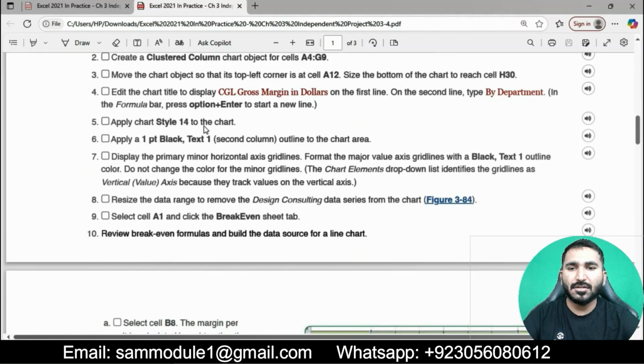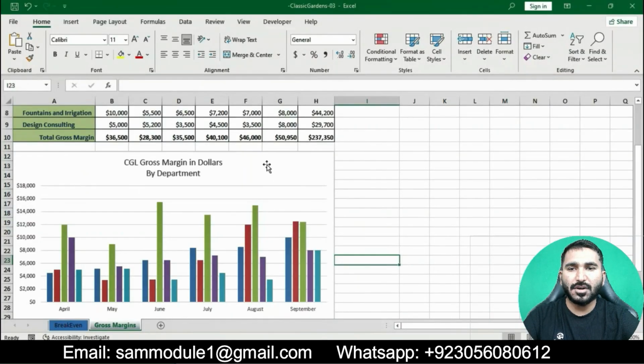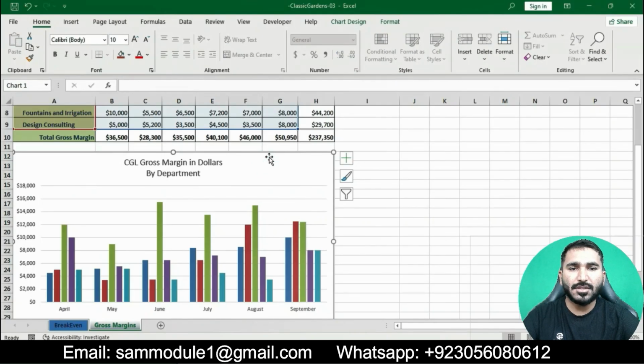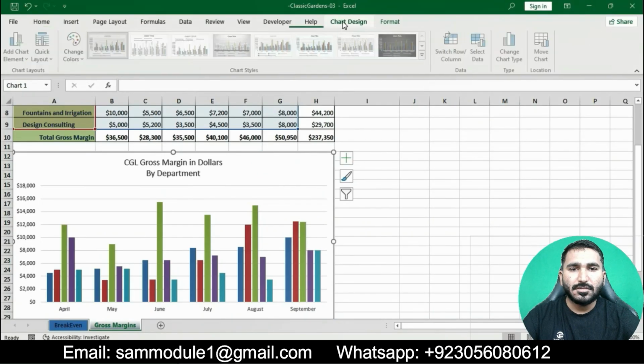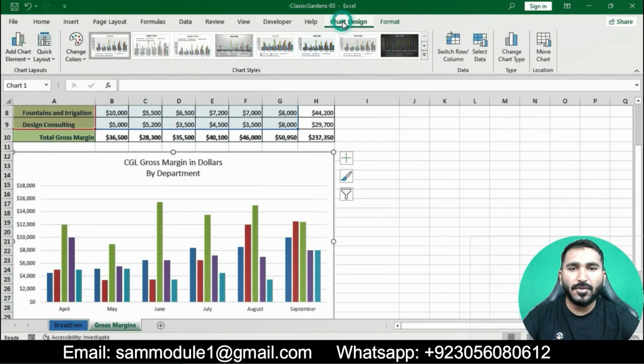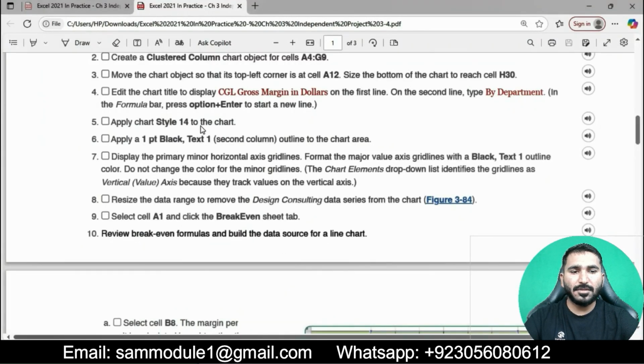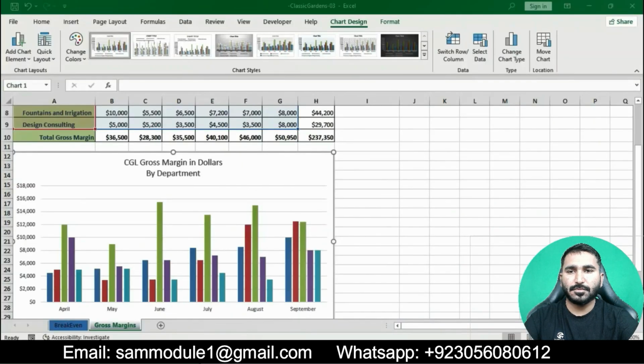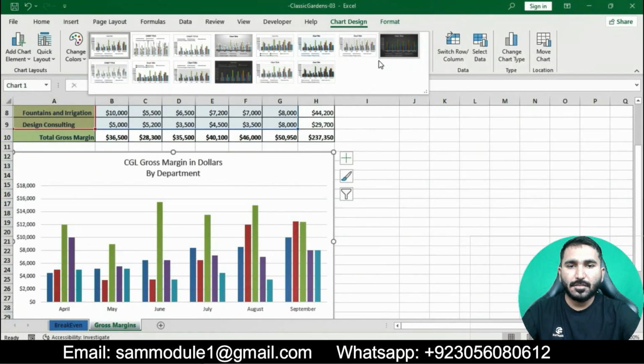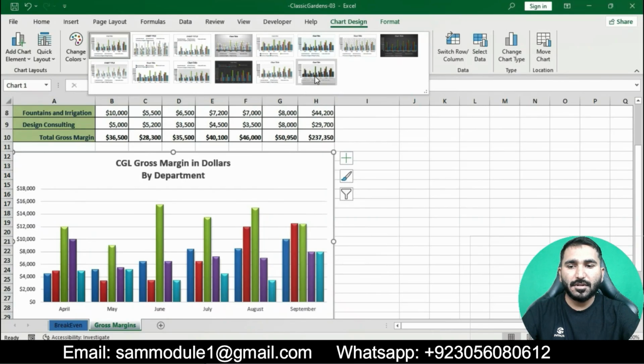Click on the chart, go to Chart Design, and in the Chart Styles group apply chart style 14 to this chart. Here is chart style 14 applied on this chart.